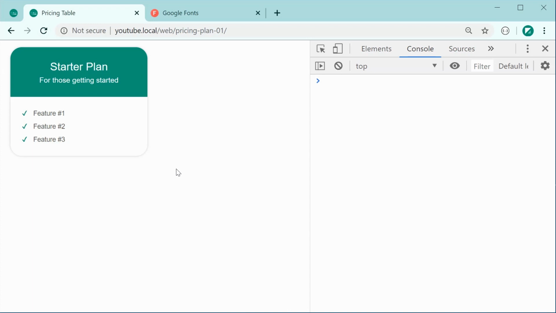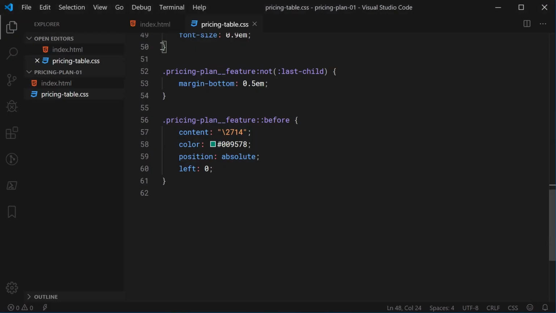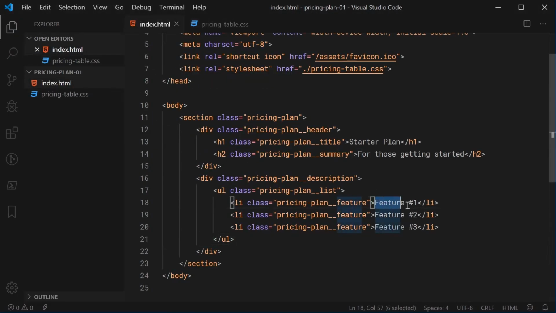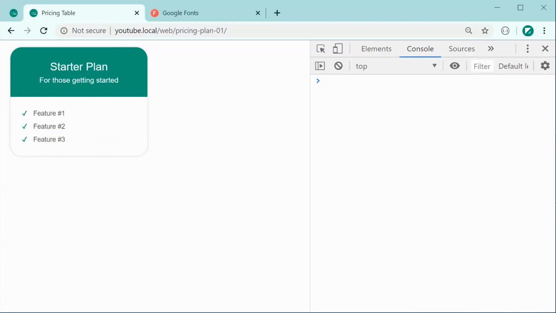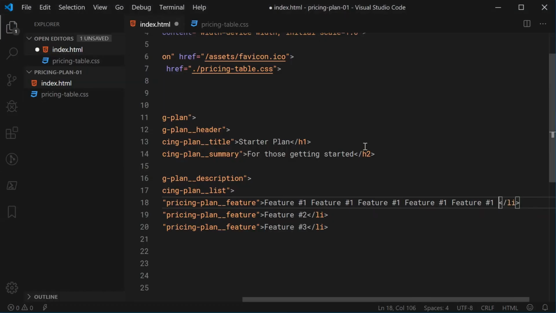Also, I do want to point out that if we happen to go over to different lines or multiple lines here, so something like this, for example, the padding left makes sure that we don't end up having the text here on the left side. Cool. So anyway, let's go back inside here and just put this back to feature number 1, and then move on